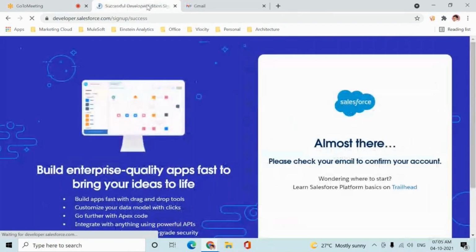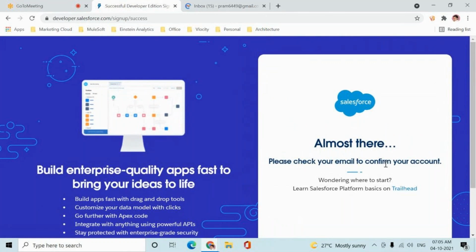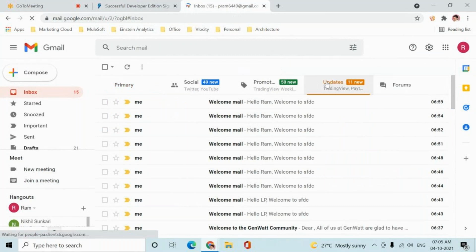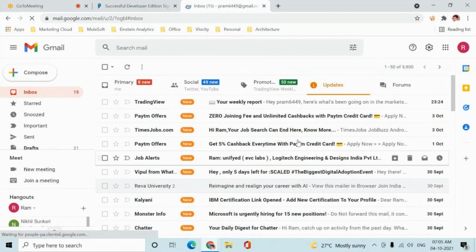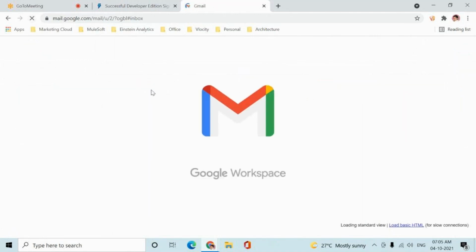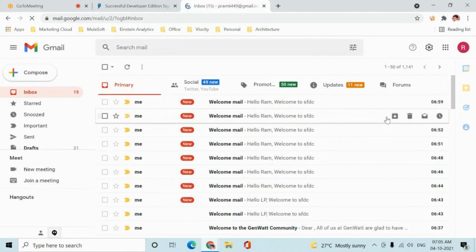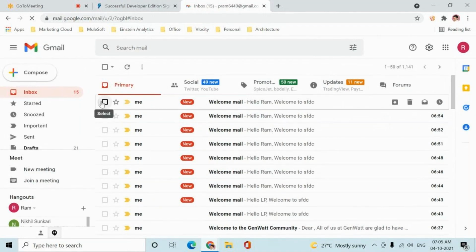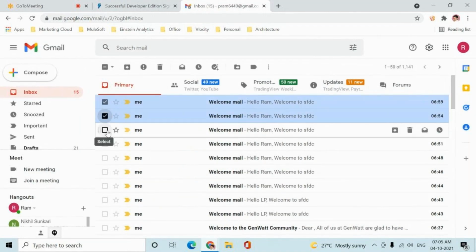Let's see if I get an email. Okay, it says I'm almost there, please check your email. So go to your email. Generally you will get it in the updates tab itself. You need to wait for a minute. Actually, the connection is a little low, so it will take some time.